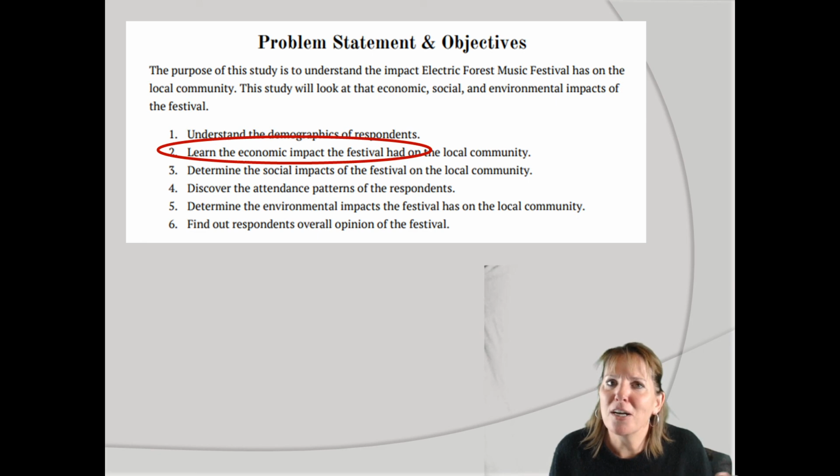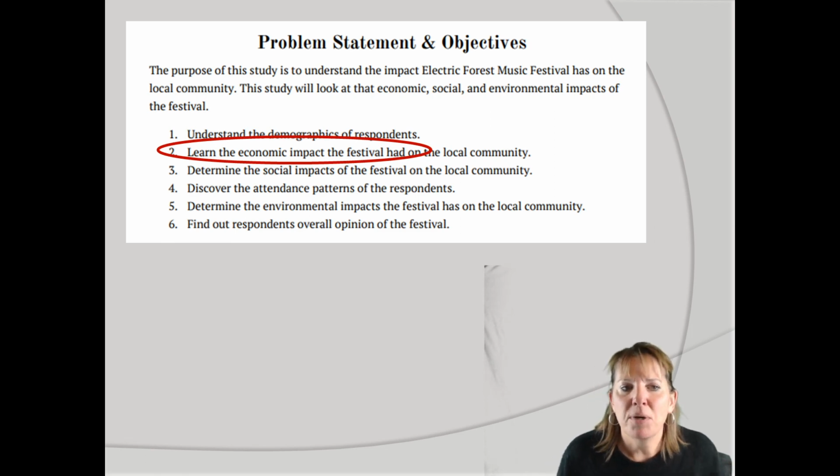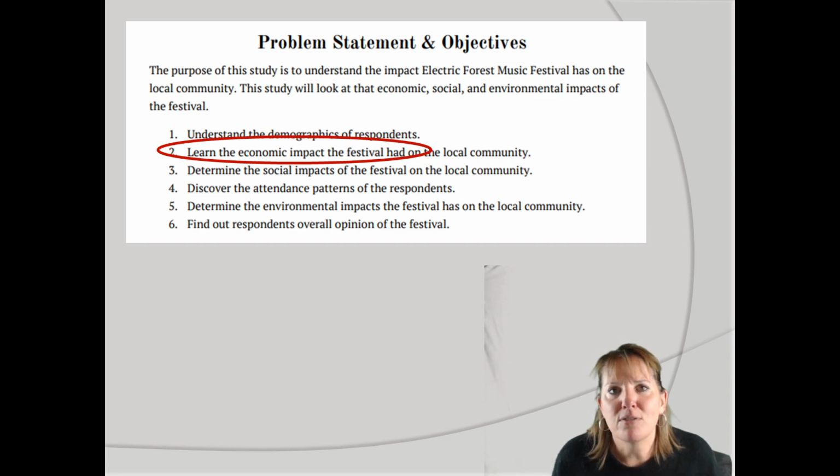If they're a community member that goes to the festival, my hypothesis would be they'd have a different attitude about the festival than those who don't go. So we'd want to ask those questions. And then it goes on to environmental impacts and then their overall opinion of the festival. Again, it might be one question I'm asking, it might be 10 questions in each one of those objectives. It all depends. So know we're going to work on those together, but you need to draft it first, doing due diligence, right? And those questions are tied to the objectives that you have so we can move forward. And there we go. So with that,